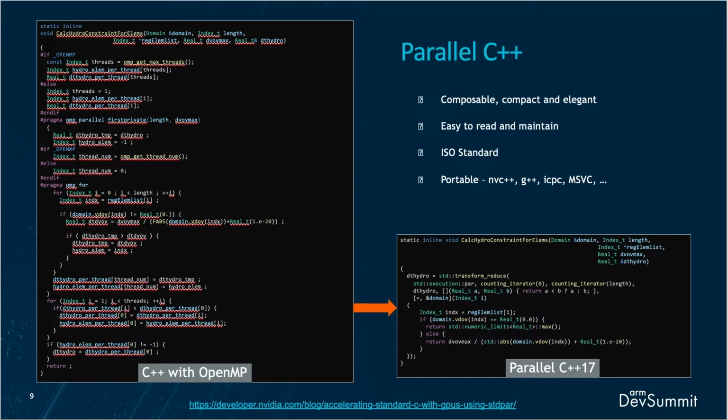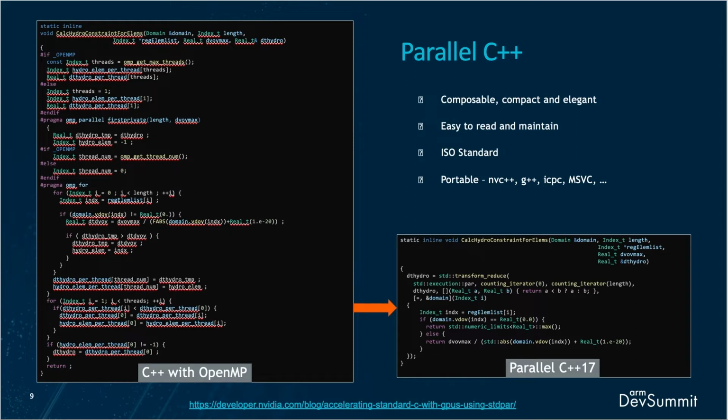LULESH is a physics simulation code from Lawrence Livermore National Laboratory. It does hydrodynamics. What you see on the left here is the OpenMP CPU implementation. So this is CPU only code. If you wanted to do the same thing with OpenMP on a GPU, you'd have to add a number of